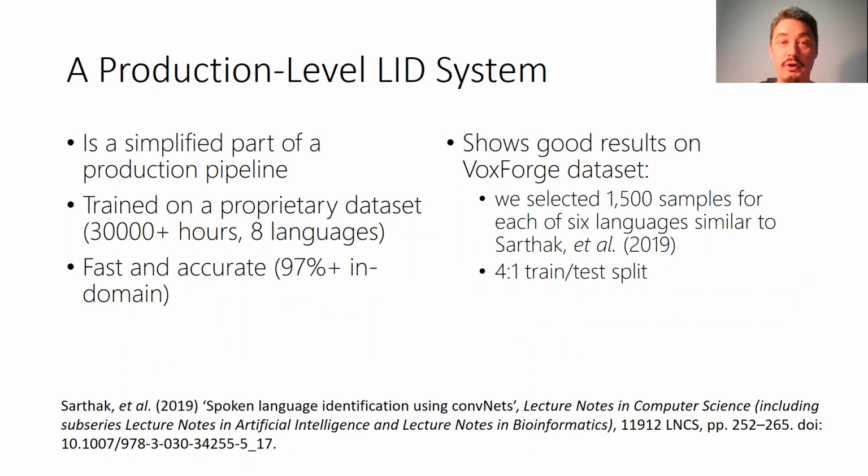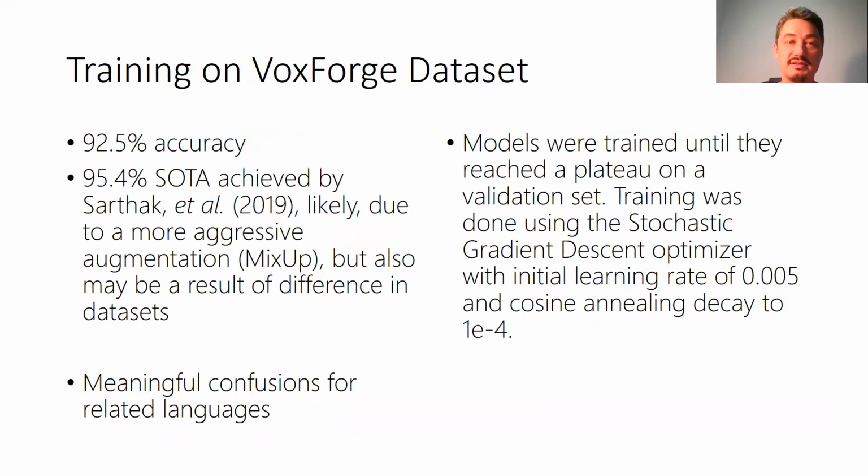1,500 samples for each of 6 languages, similar to Sartak with colleagues, and split the data 4:1 to train and test. Models were trained until they reached a plateau on the validation set. Training was done using the stochastic gradient descent optimizer with an initial learning rate of 5,000 and cosine decay to 1/10,000. For such a setting, while the system doesn't achieve the state of the art, it shows pretty decent results,